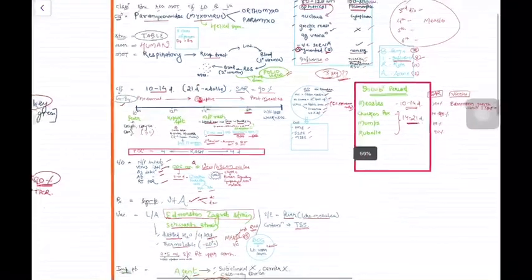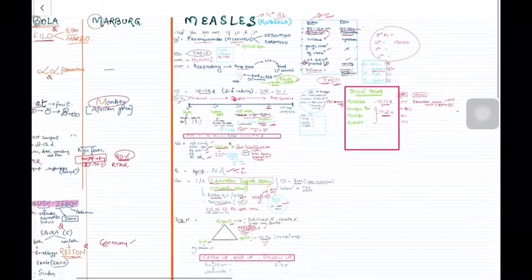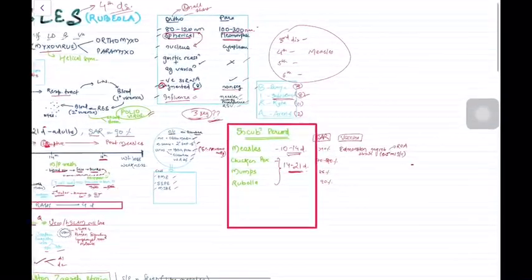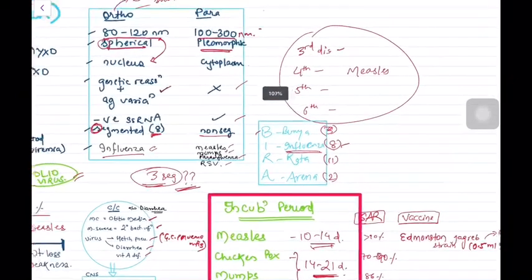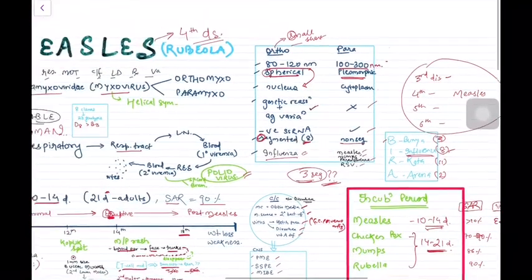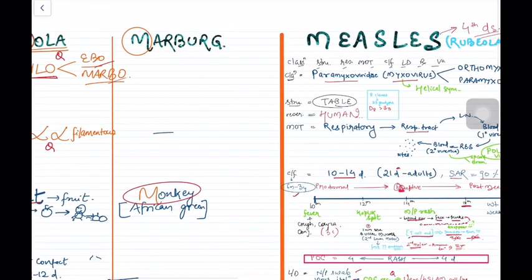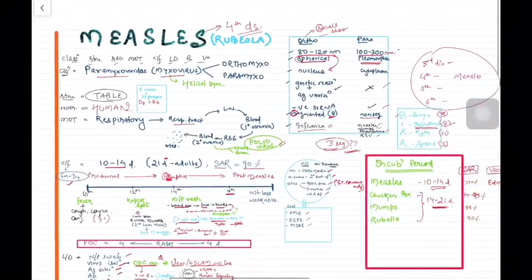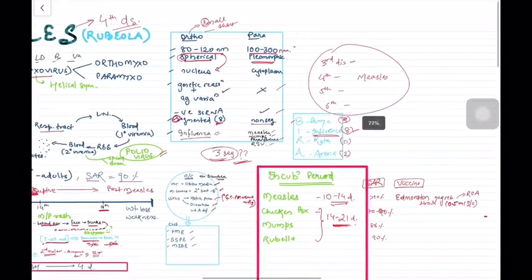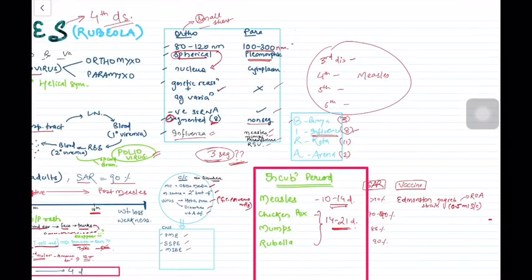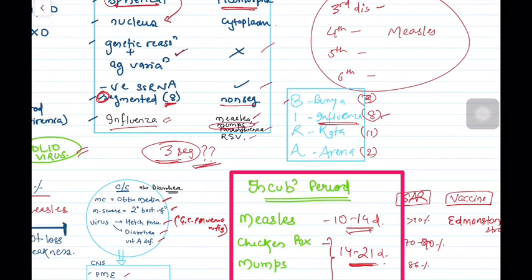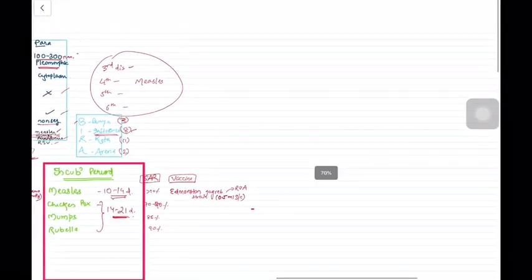So yes, that's it. I hope it was helpful. And for the next topic, we are already following the sequence. Like first we did filovirus, under which we studied Ebola and Marburg. This was just for you to remember easily that Ebola and Marburg are in Filoviridae, because that is asked as well. So we did measles today. The next topic will be mumps. So let me write it beforehand.